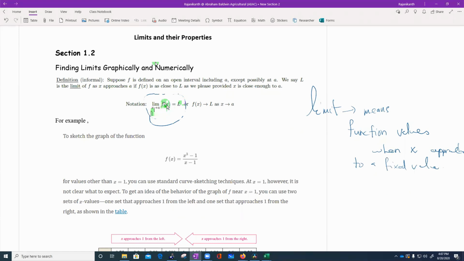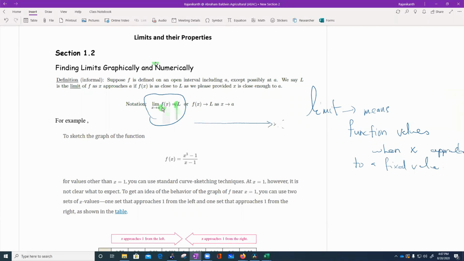The limit of that function when x approaches the value a, if this happens, we write that as the real value L. So L is a real number. It is understandable by looking at the notation that the function is getting the value L when x approaches a. If you draw a real line,